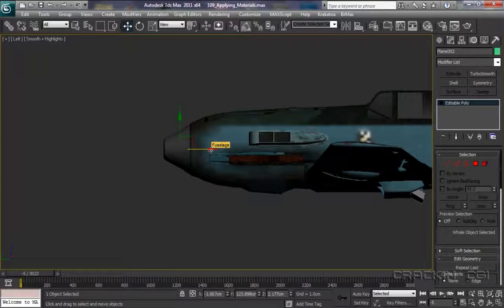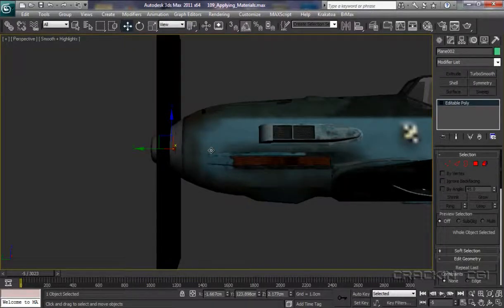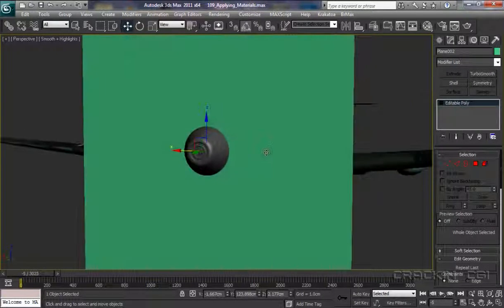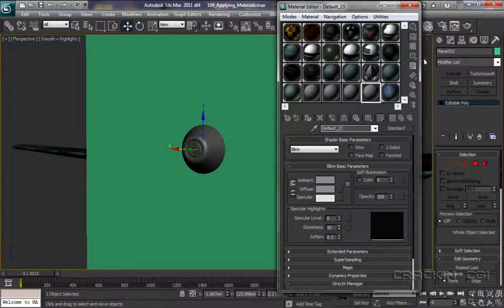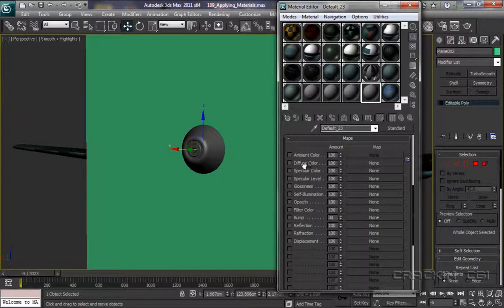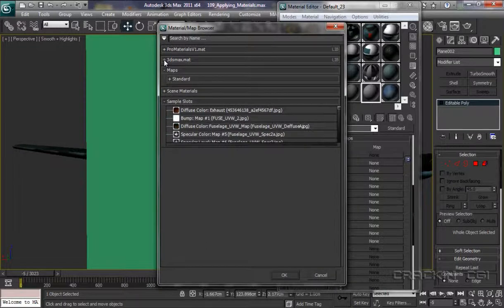And now popping into our perspective viewport, that's P on the keyboard, and let's just have a zoom around there. And now we can pop into our material editor, and what I want is a blank swatch. I'm going to go with this one, and we're going to forget this part here. We're going straight down to maps, and in the diffuse color I'm clicking on this blank button here. Let's just close this one down. I want standard